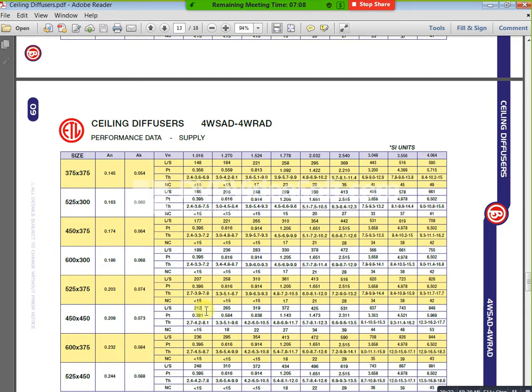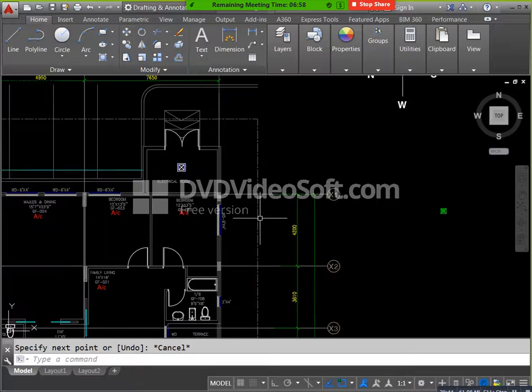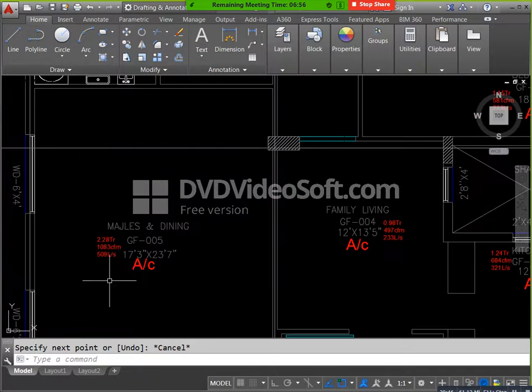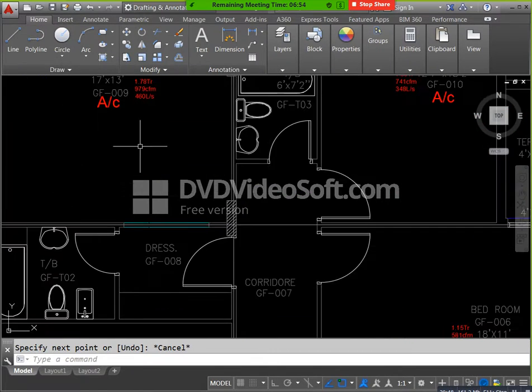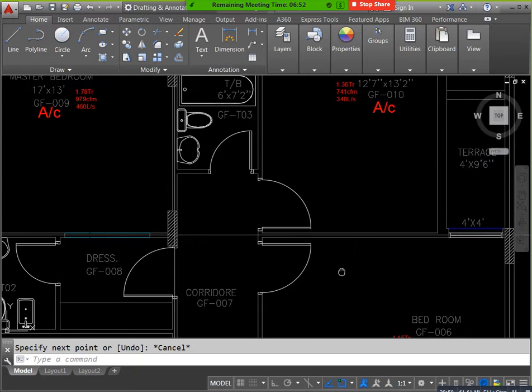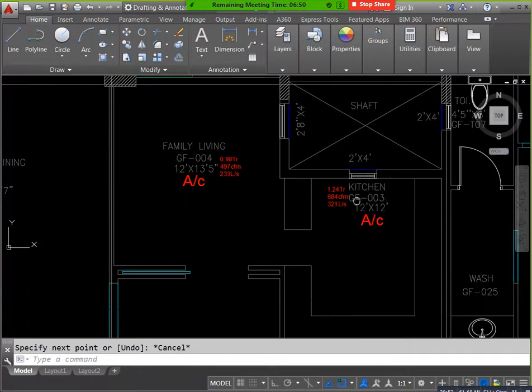We calculated for one plate now. 509 is applicable, and 460, 348, 273, and also 321 and 233 are applicable. Now you can select 450 by 450 for all. By using VCD we can adjust our volume. That's it now.